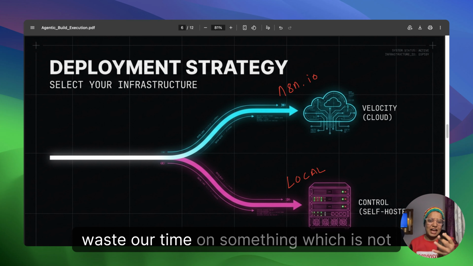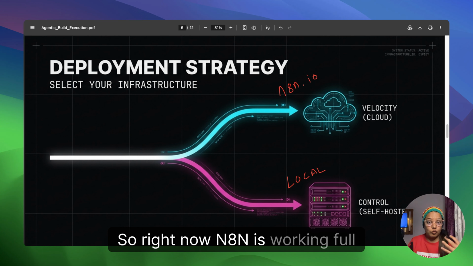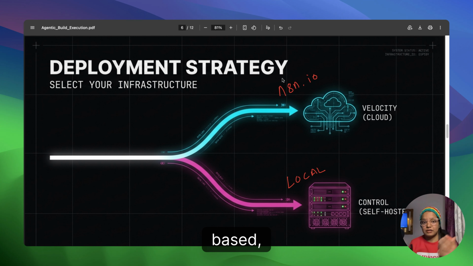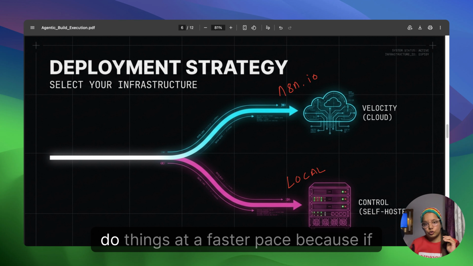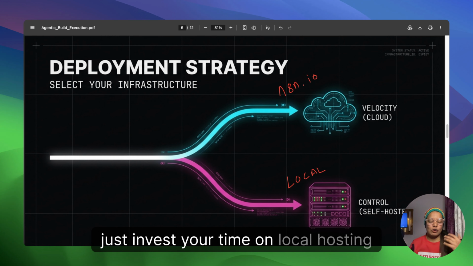These waste our time on something which is not relevant right now. So right now n8n is working full-fledgedly. So let's deploy the project on cloud base. Go ahead with it and do things at a faster pace, because if you just invest your time on local